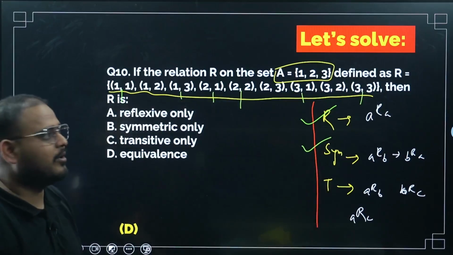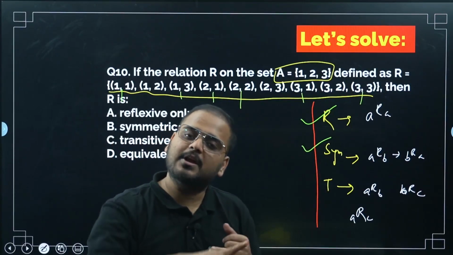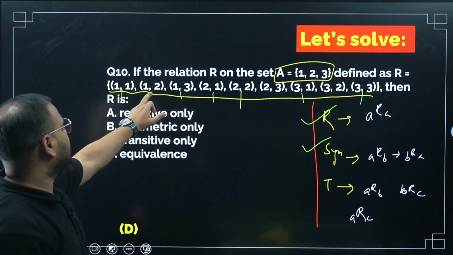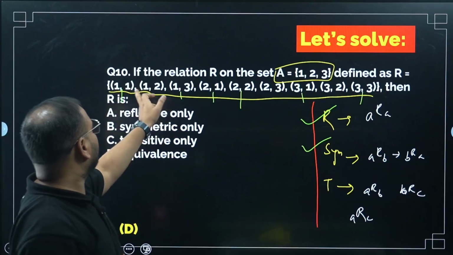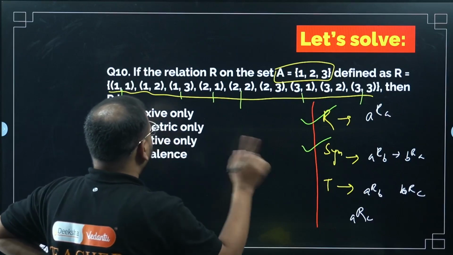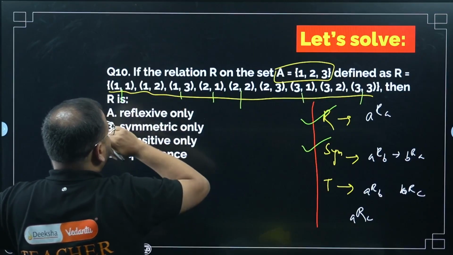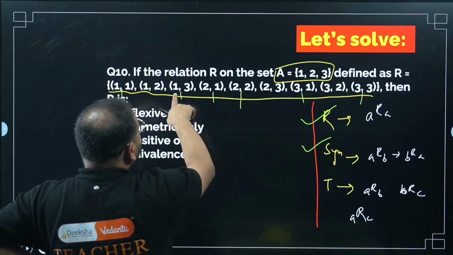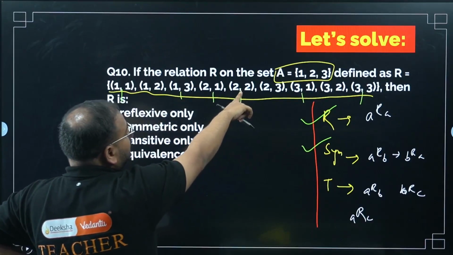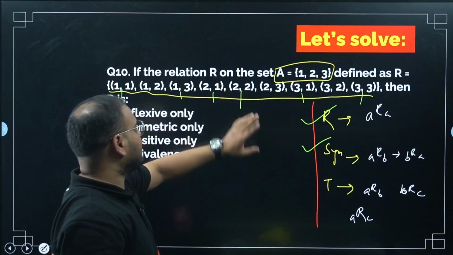Transitive. What did I say? If it is AA, AB, don't check. BB, AB, don't check. And check for other things. So we'll not check for AA, AB. Okay. We'll check for what? Check here. 1, 2, 1, 3. No, not forming a relation. 1, 3, 3, 2, 1. No. Check here. 2, 1, 2, 2. What is it going to be? Again, same thing. AA, AB. Will not check.